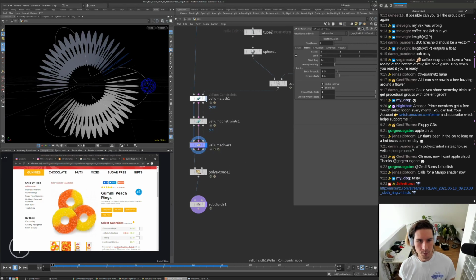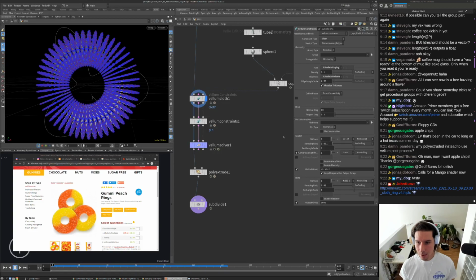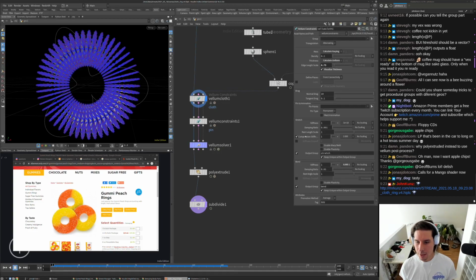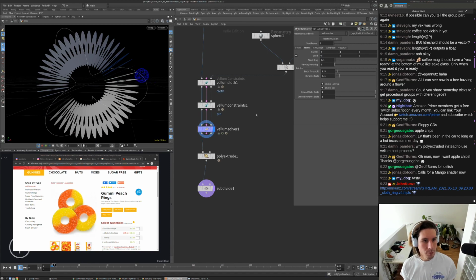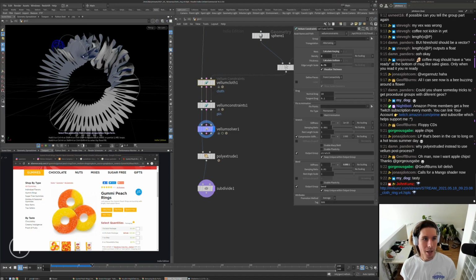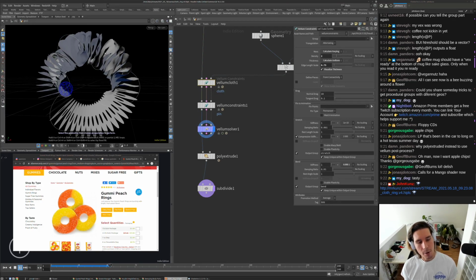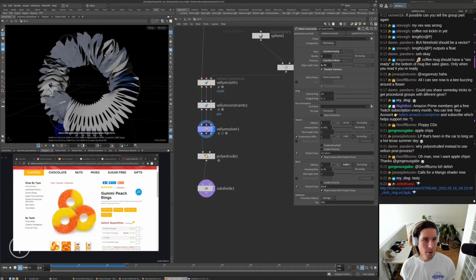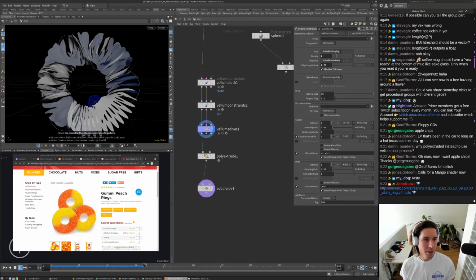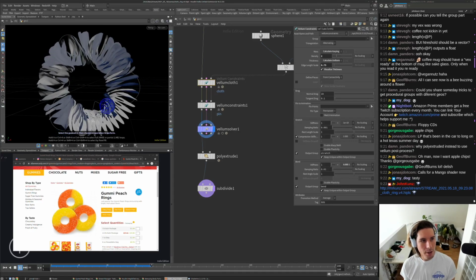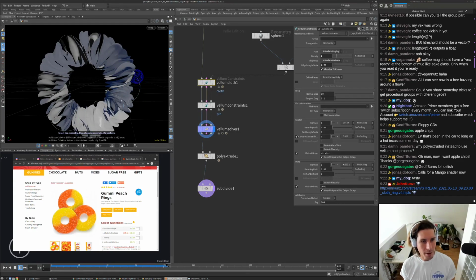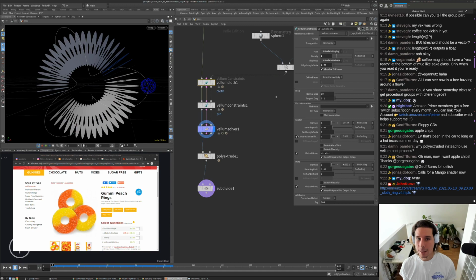If you want to dial in cloth settings, there's the stiffnesses to play around with again, as well as density. I find it's a little bit counterintuitive maybe, but if you increase that density, you'll get a lighter weight cloth, closer to tissue paper, maybe silk or something like that. So it will be a lot easier to wrinkle and more detailed, if that makes sense. If you reduce the density,